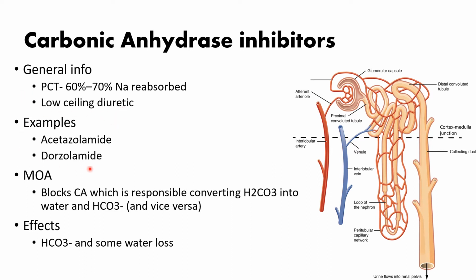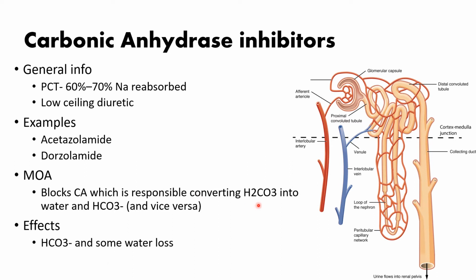Examples include acetazolamide and dorzolamide. Acetazolamide is a non-competitive reversible inhibitor of carbonic anhydrase. I'll say that again, it's a non-competitive and reversible inhibitor of carbonic anhydrase. It's just because it might be an MCQ question. So mechanism of action, as it says in the name, they inhibit carbonic anhydrase, which is responsible